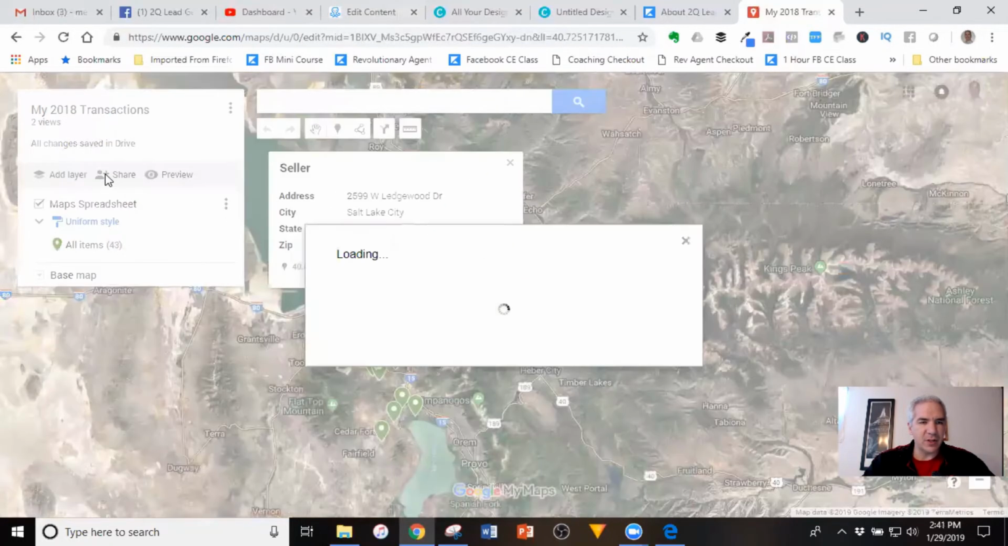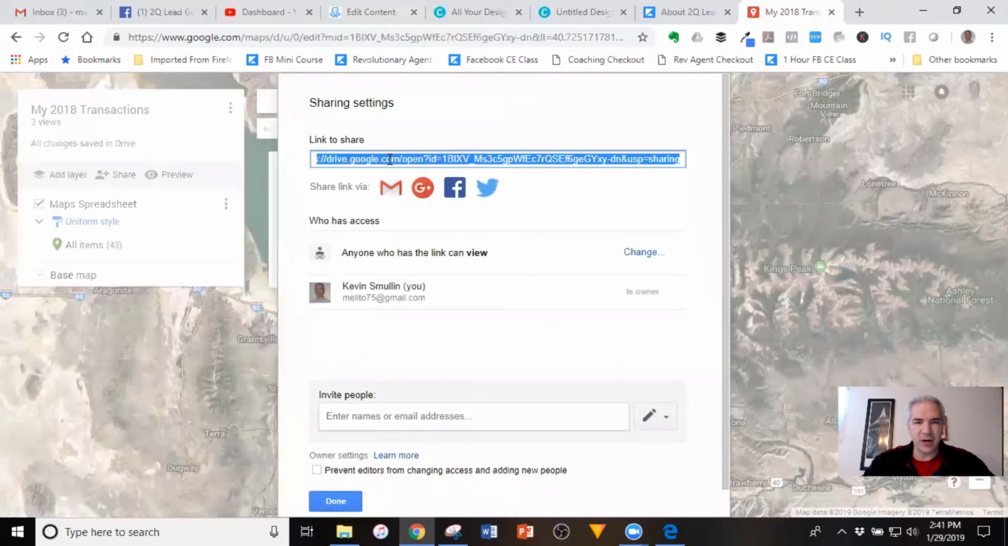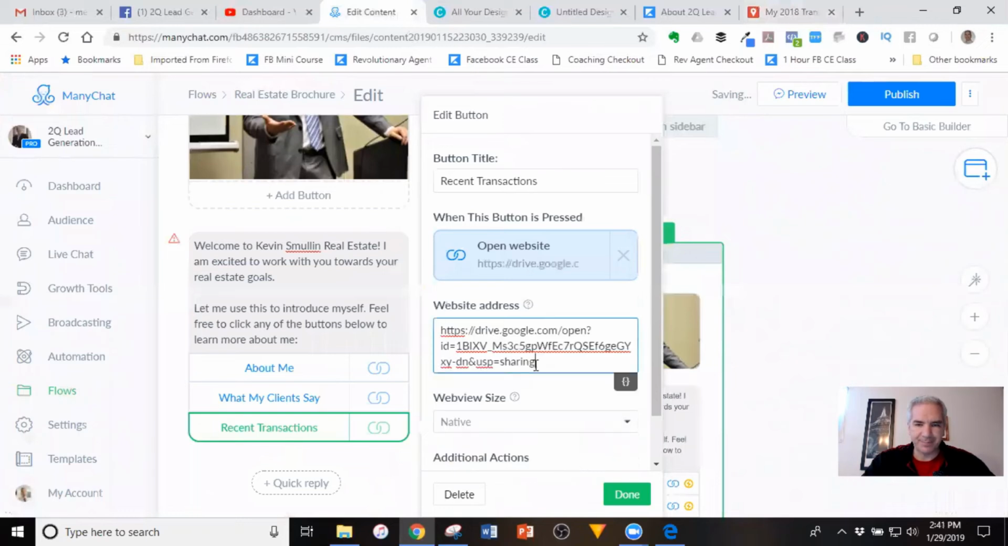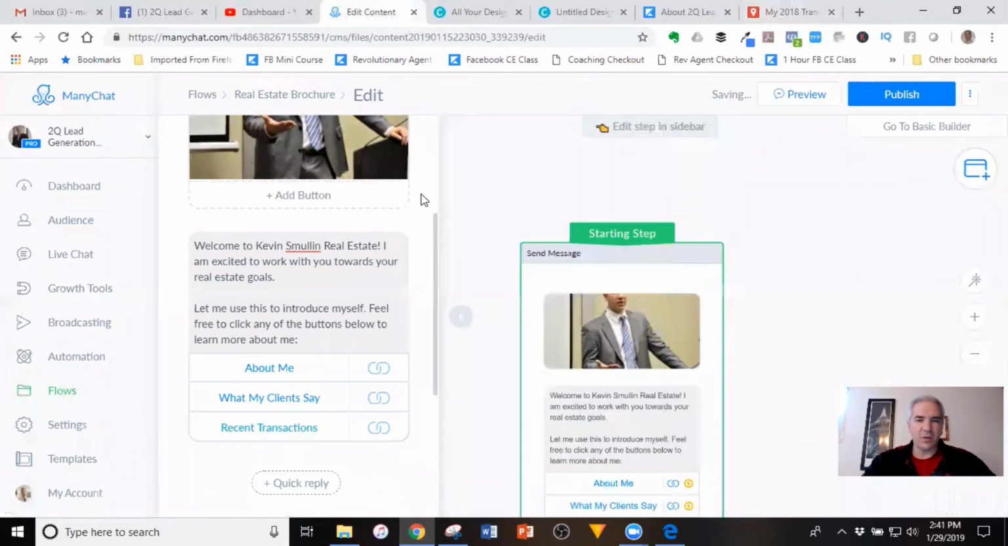So I would just click on share, and in share, it's going to give me a link. So I want to make sure that anyone who has the link can view this. And then I'm just going to take that link, and yep, that's going to go right here inside Manychat. So now with one quick little thing, I've created a very powerful brochure to where people can find out more